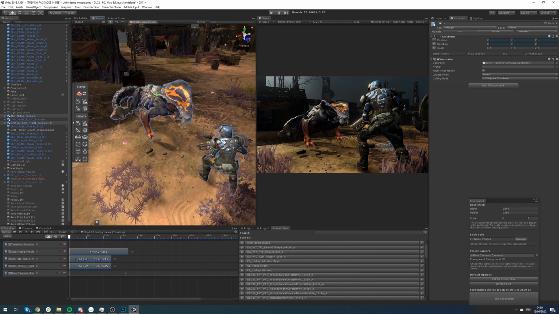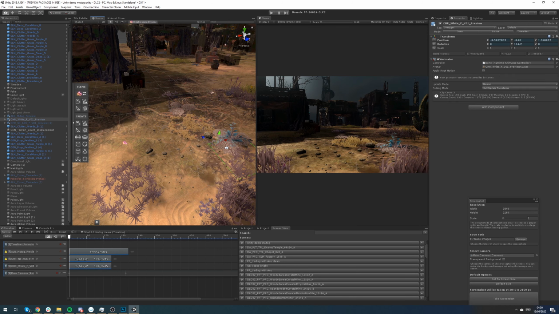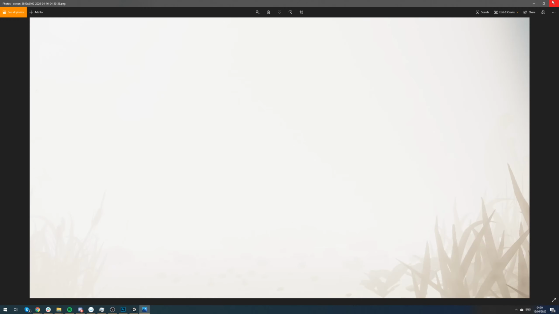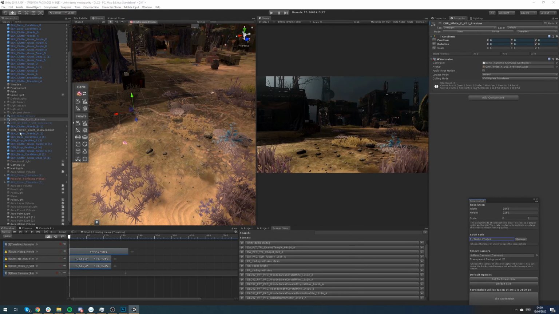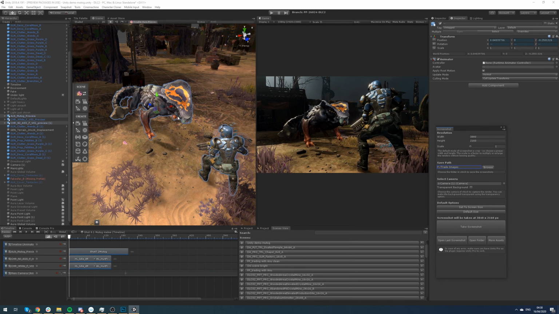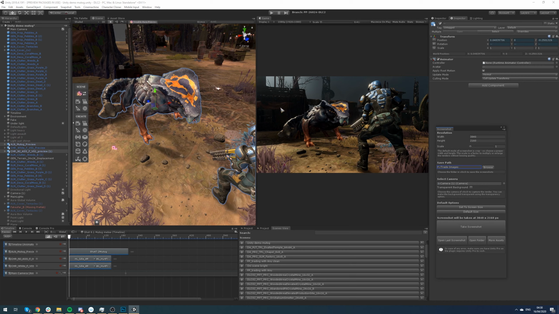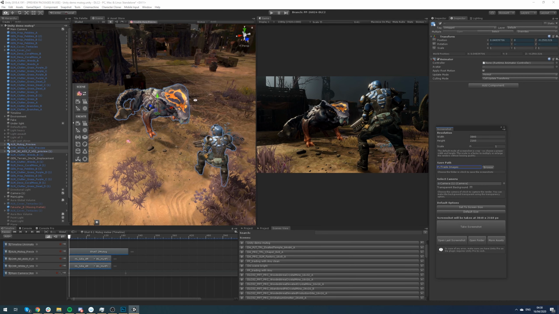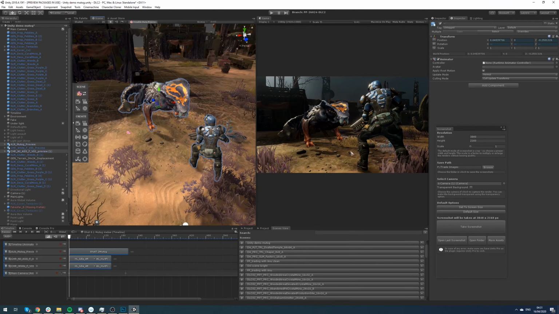So obviously you can just hide some of the characters, and then just render a pass like this, and then you can do the same thing by just hiding all of the background layers. But the thing is, if you want an alpha channel, you're going to want to press this, and